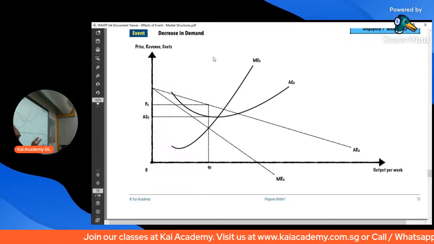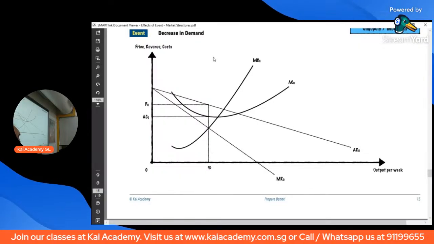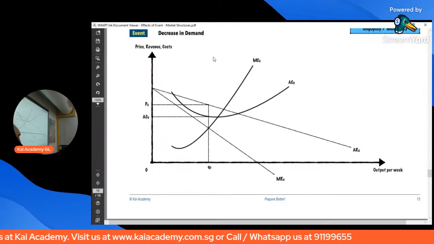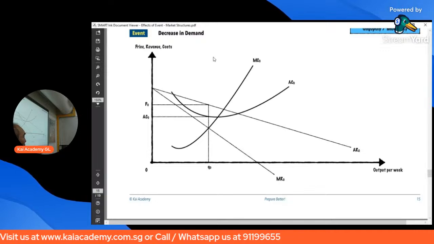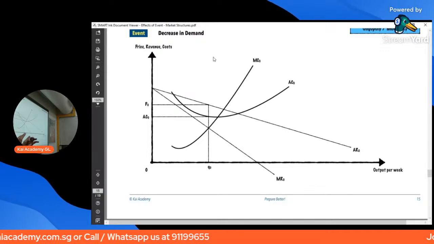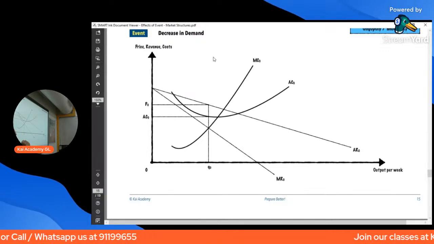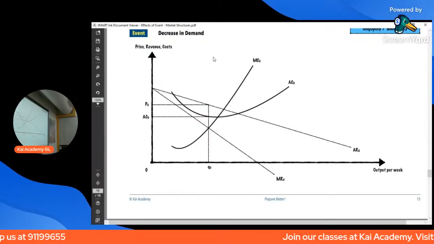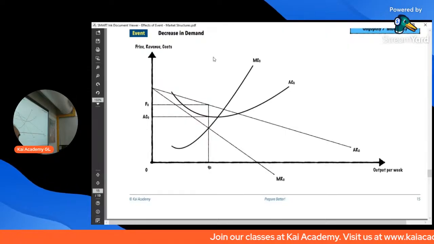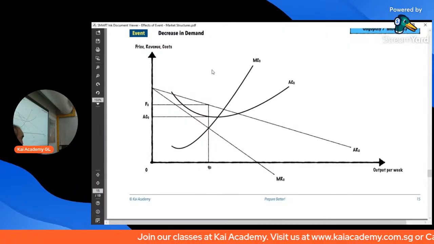Unless the question in the essay or case study tells you that this recession is so severe that it pushes these companies into subnormal profit. So unless there's strong evidence to suggest it went to subnormal, then always assume they're still at supernormal. Okay, then that'll make your life really, really easy. Okay, so